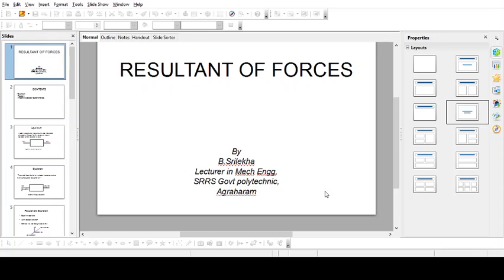Next, the third one is 60 newtons. So in this we have to take plus 60 sin 180 plus 60, 240, or minus 60 also you can take. You can take plus 60 sin 240 or minus, like that. Next, plus 40 sin 330 or plus 40 sin 30.